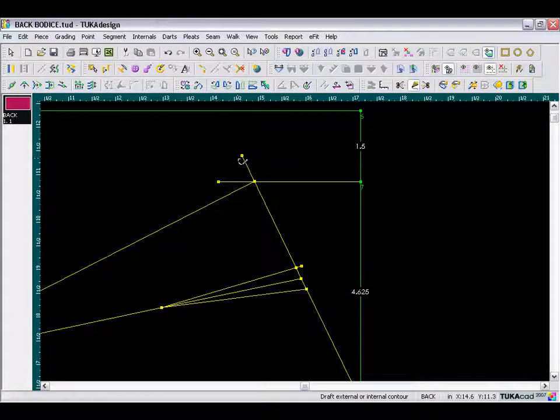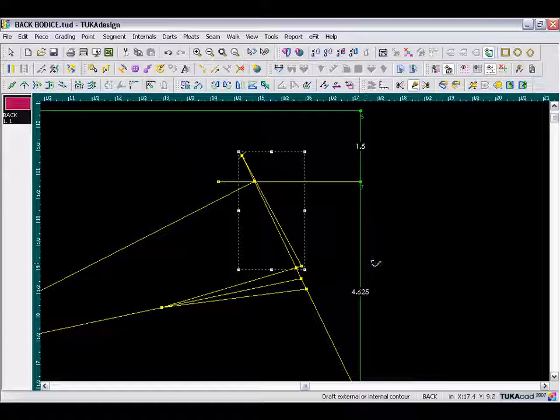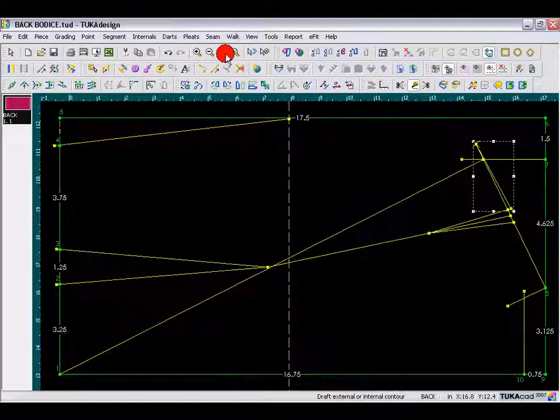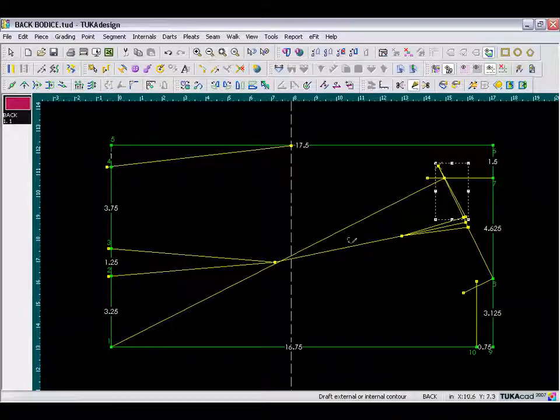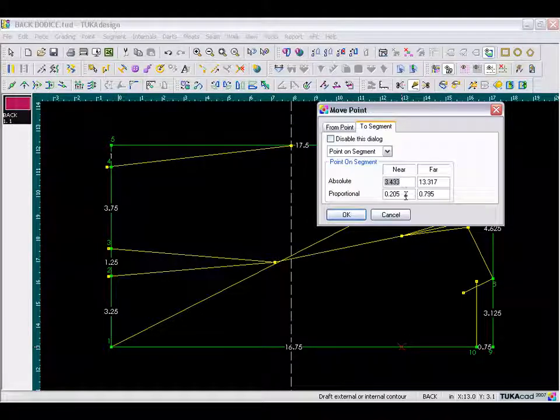Now finally we will draft the shoulder line to complete that. Now if I zoom back out to full scale, the last thing we need to do is define our mid-arm guideline. And to do that, we need to start by going 25% the distance between the neck and the hem. So between point 10 and point 1, I click on the segment, and in the proportional field type in 25%,